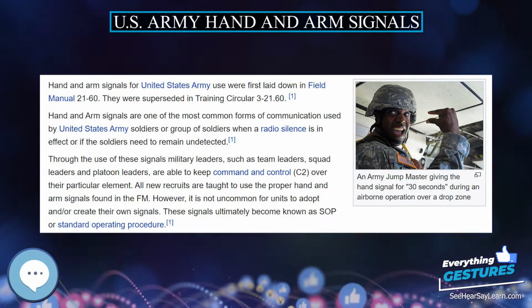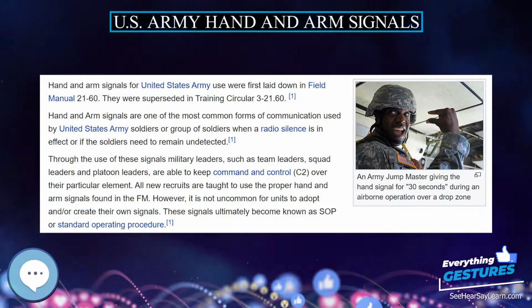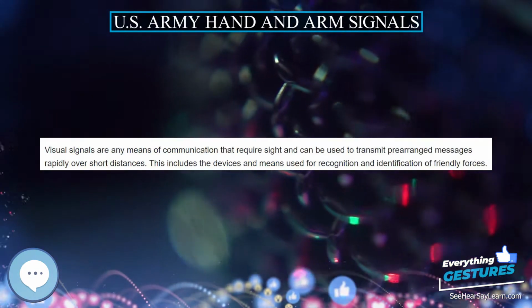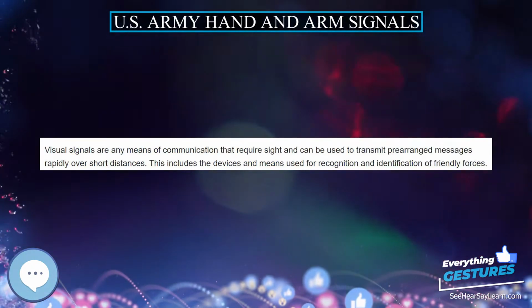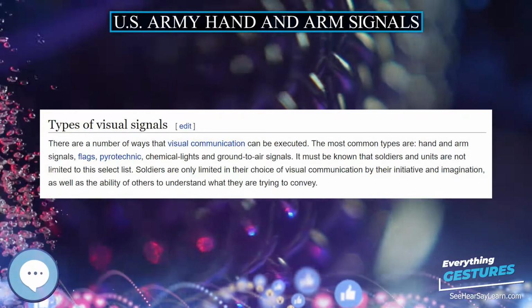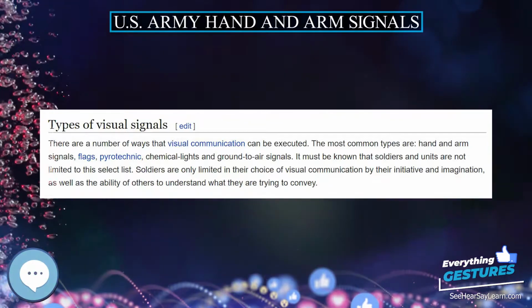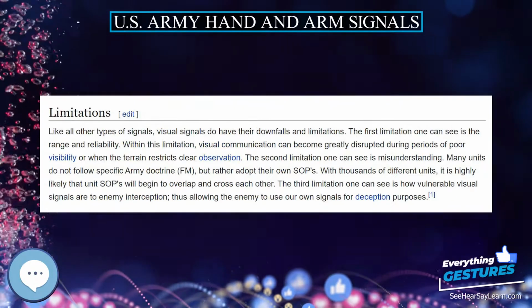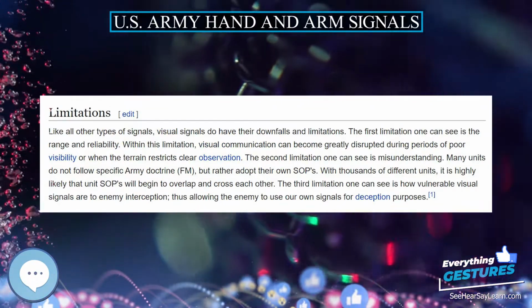U.S. Army Hand and Arm Signals. Hand and arm signals for United States Army use were first laid down in Field Manual 21-60. They were superseded in Training Circular 3-21.60. Hand and arm signals are one of the most common forms of communication used by United States Army soldiers or